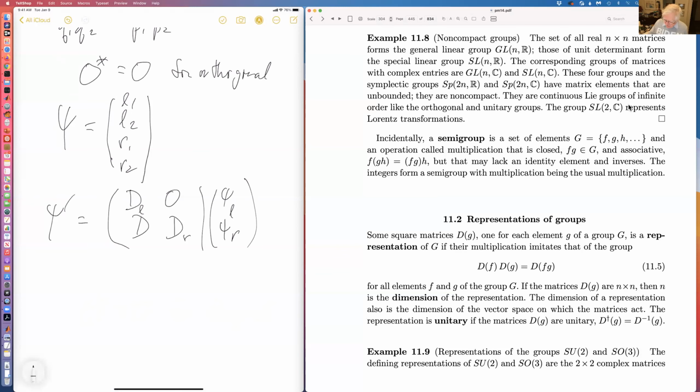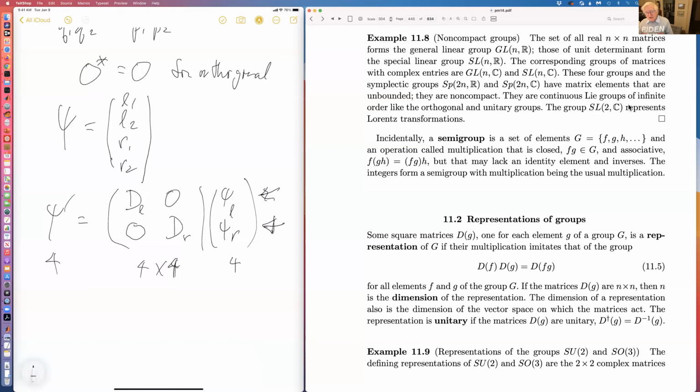Oh, I'm sorry, there is a big 0 there and I left it out. So this is 4 by 4, and this is four-dimensional. And so a Dirac spinor is composed of a left-handed two-spinor and a right-handed two-spinor,